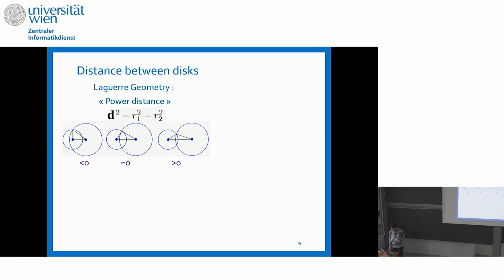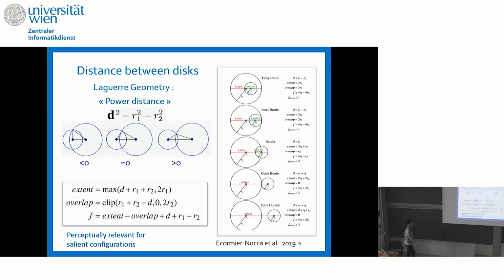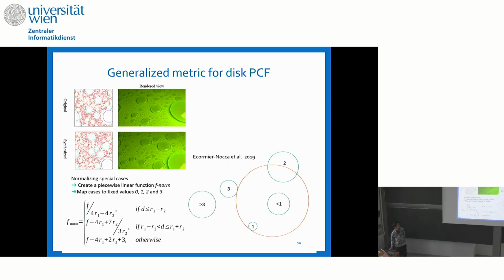So again, we came up with a solution that at first glance would appear somehow random, but the fact is that it's just based on some basic geometric properties between what we call the extent and overlap between disks. So by doing that, you would be able to control the value of the distance between these disks, and by normalizing, based on the values that you would find for that function f that I'm suggesting with a simple geometric formula, you can also normalize it in order to have the following setting, in the sense that